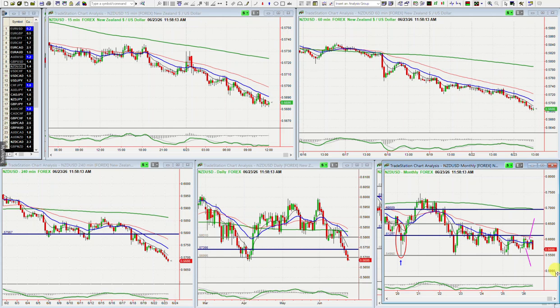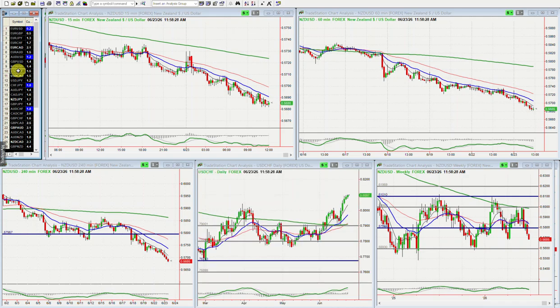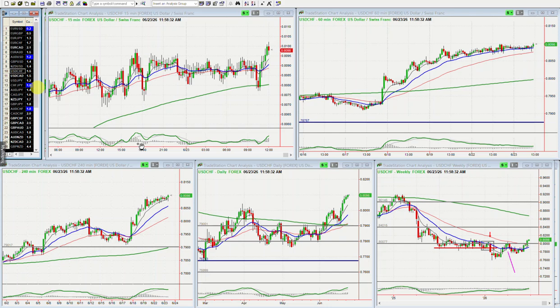If we look at the Kiwi dollar, so let's take out this line, and overall we see as well, well, it's grinding, right? Lower lows, lower highs. So more dollar strength ahead. Let's have a look at dollar versus the Swissy. So the Swissy, our strongest currency pair, how is it doing now against the dollar.